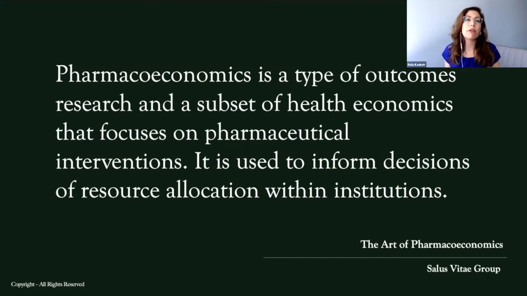But what makes pharmacoeconomics unique is that it focuses on pharmaceutical interventions. So that's products, services, whether it's medications, technology, the actual delivery, or medical technology devices. So it encompasses multiple different things. And it's used to inform decisions of resource allocation within institutions. So we had already mentioned the need to better allocate decisions. So then if we dive a little deeper and look at pharmacoeconomics, it's thinking, okay, in the breadth of determining which medication to use, which service to conduct, that type of thing, we can move one step further there.